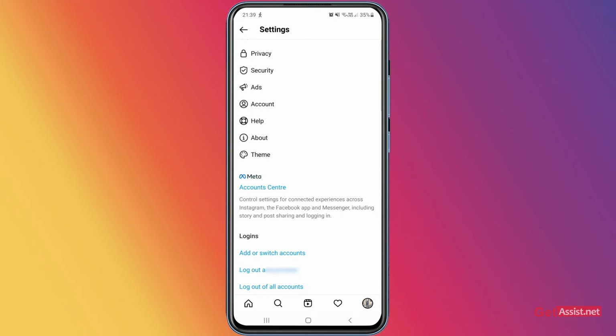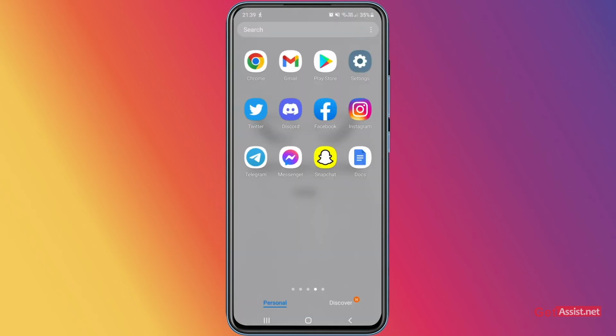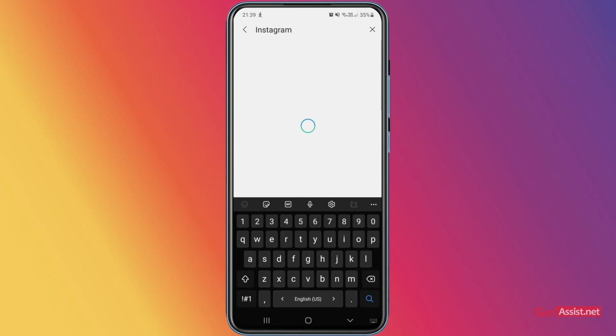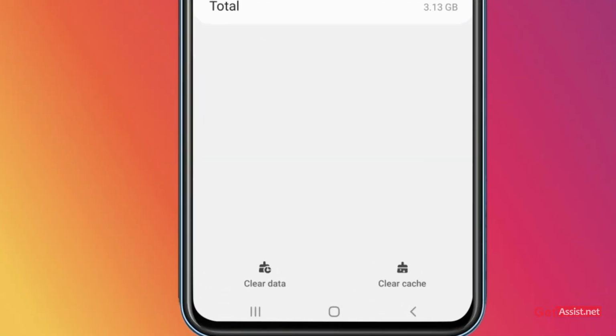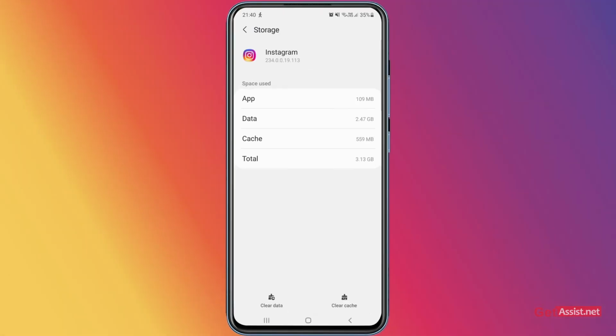And in case you are not getting any option to log yourself out of the Instagram app, what you need to do is go to the settings section on your device, search for the Instagram app, and here in the storage section you will get the option to clear data, using which you can log out of the Instagram app. So this will completely log you out, and after that you can go back to the app and manually log back into your Instagram account. This can also help in fixing this issue,